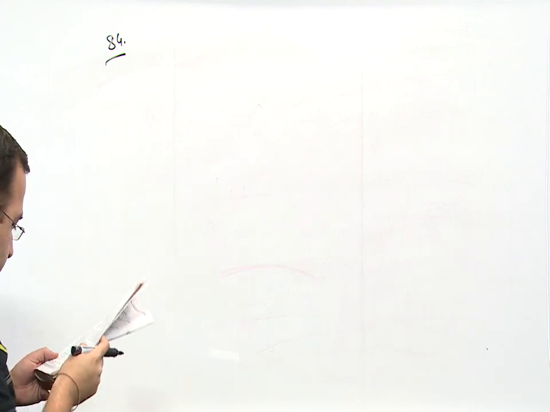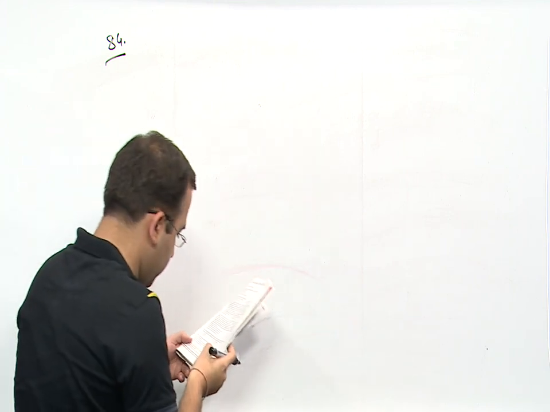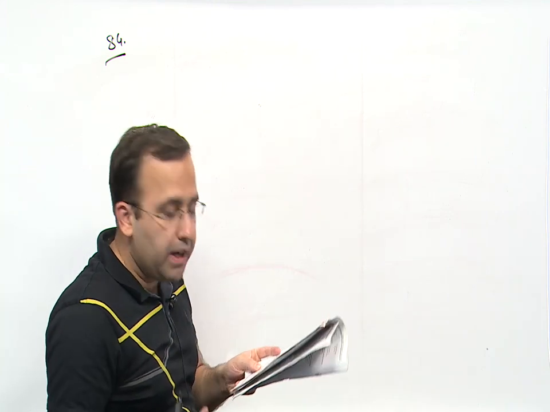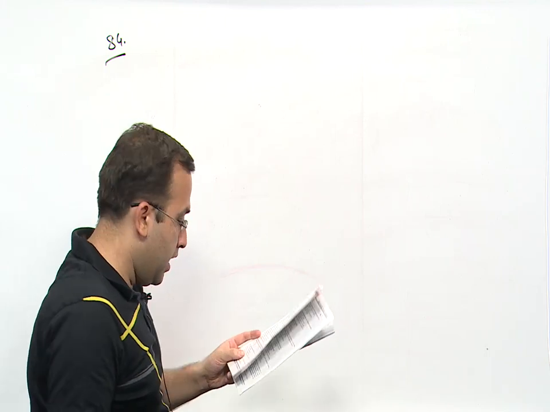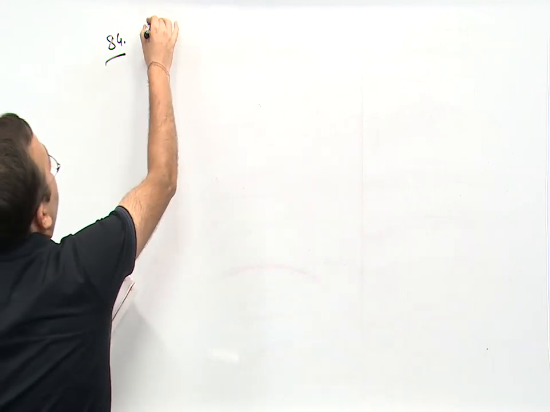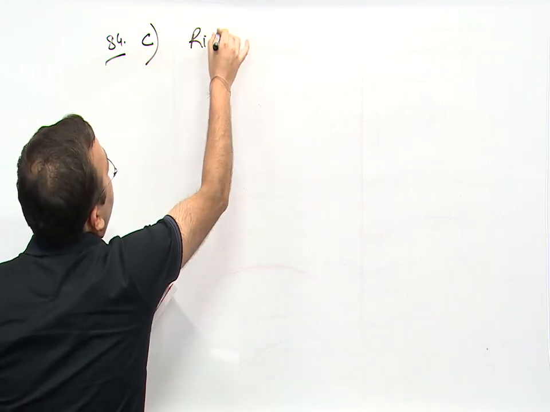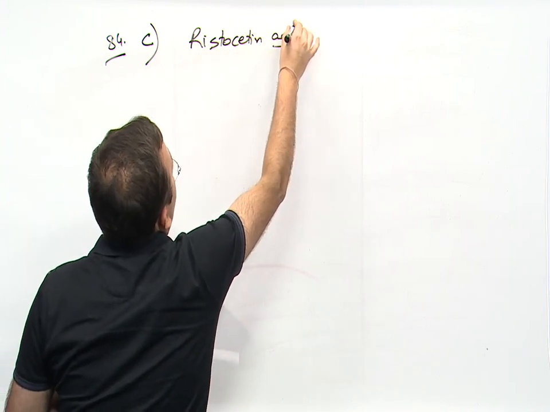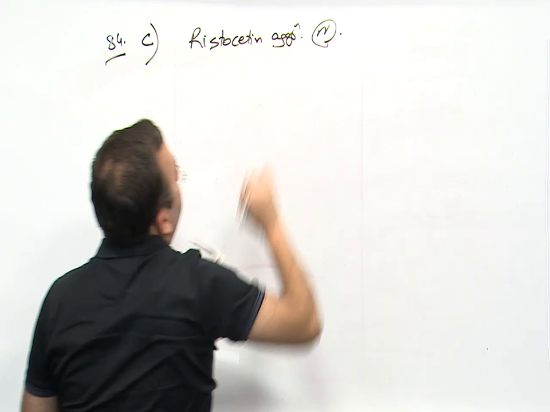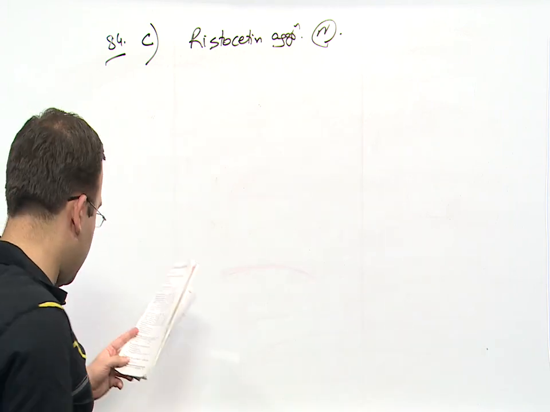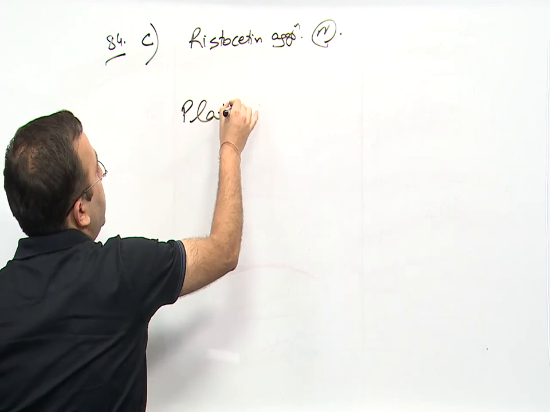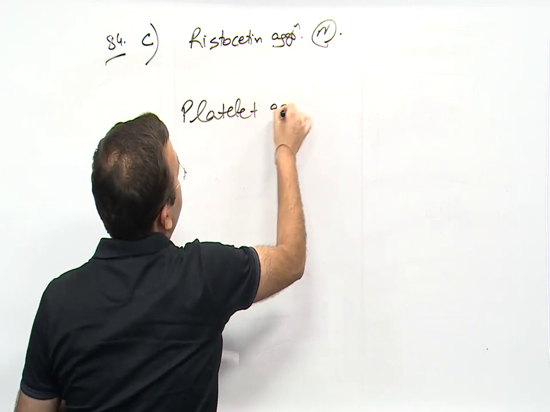Question 84, it says false regarding Bernard-Soulier syndrome. Large platelets, they are seen. Decreased platelet count, that is also seen. Ristocetin aggregation normal, this is false. In Bernard-Soulier syndrome, the platelet aggregation studies,